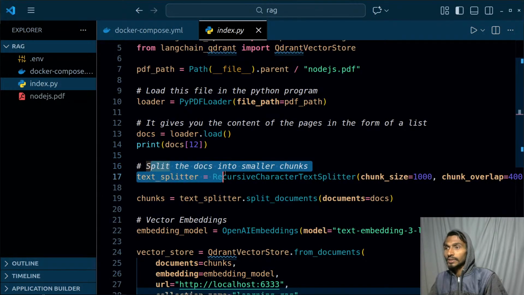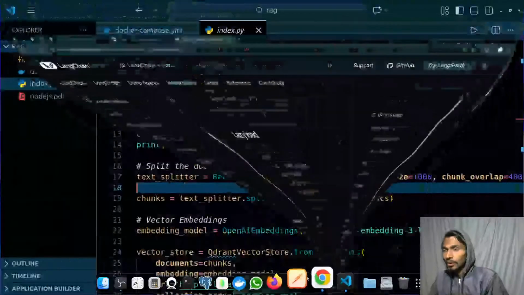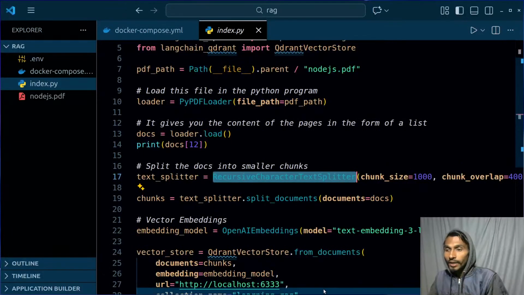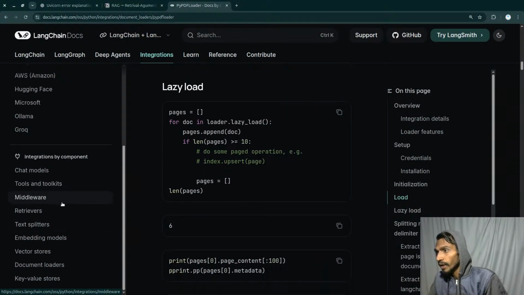And after that, split the docs into smaller chunks. Then we have to split the PDF into smaller chunks. For this, I'm using the RecursiveCharacterTextSplitter. Again, if you have a look at this, you can go through the documentation. The second thing that we have is